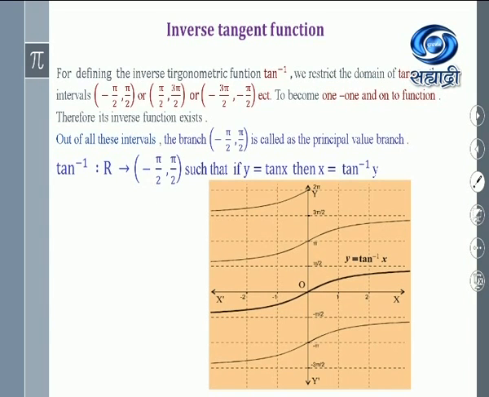In the inverse function, what do you have? R is the domain, right? R is the domain. This is the set of real numbers, the whole x-axis is the domain, but the range is the open interval minus pi by 2 to plus pi by 2. If you see this line, this is minus pi by 2 and this is plus pi by 2. See, the graph never touches this line. Am I right? Therefore, this is the open interval. So, the domain is the set of reals and the range is the open interval minus pi by 2 to pi by 2. Are you getting the graph?